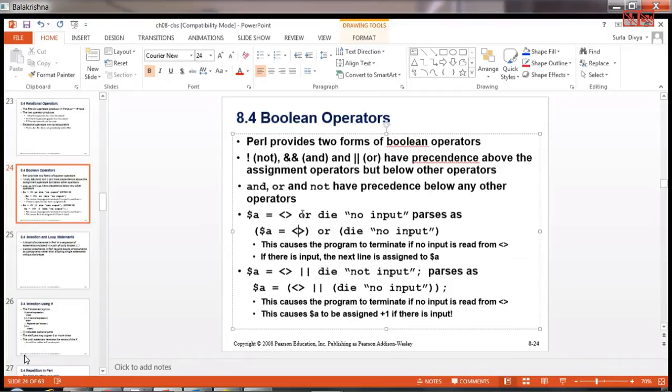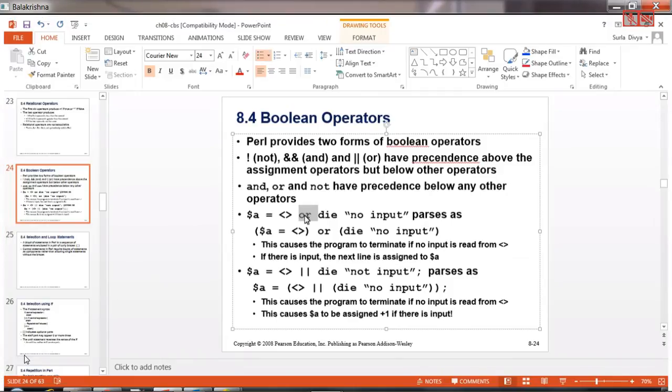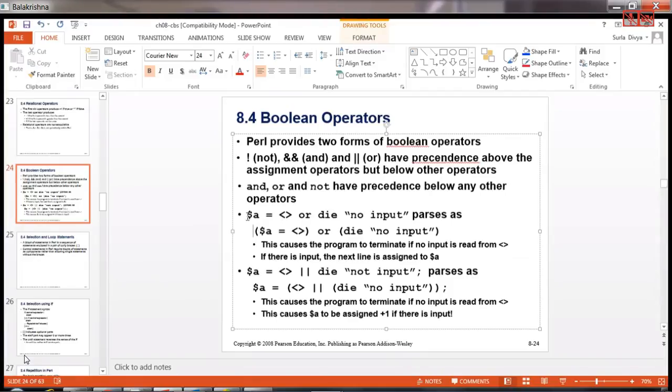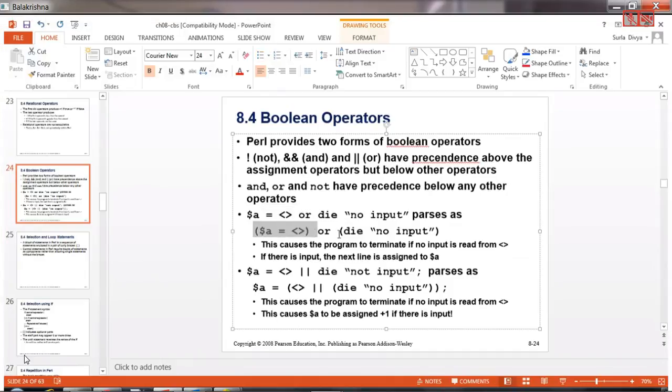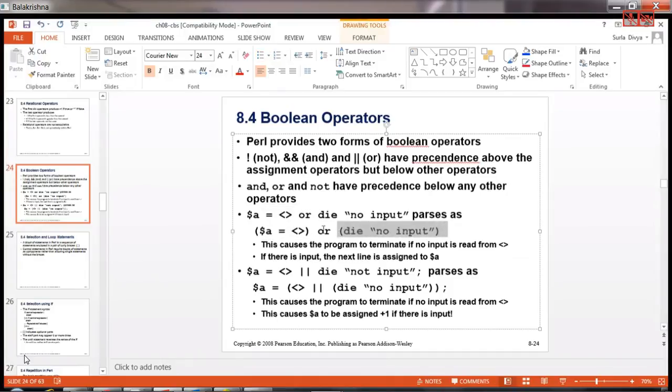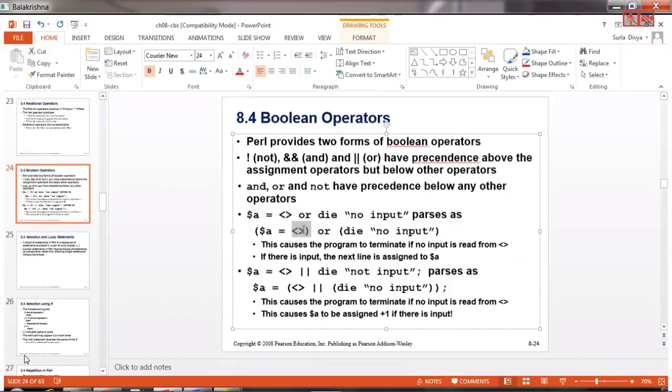Okay, because we have got an assignment operator here and a Boolean operator here. As we have already discussed, the Boolean operator will have a higher precedence when compared to an assignment operator. So what is happening? It is first grouping this whole sentence up to here as 2, because it has given the precedence to the Boolean operator, which is OR. Therefore now it will understand how to evaluate.